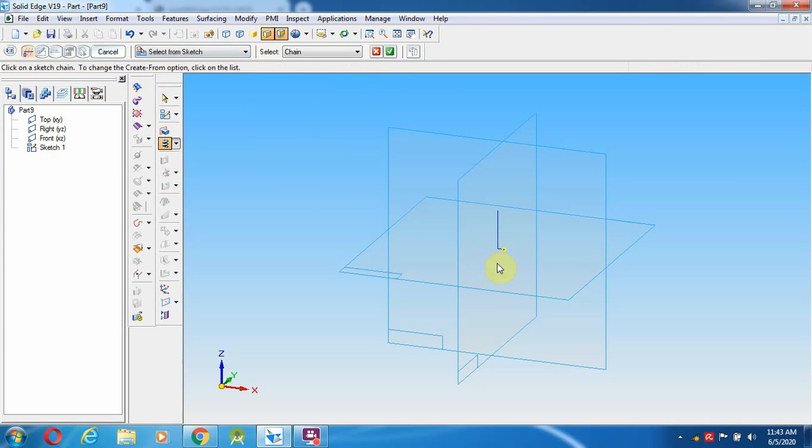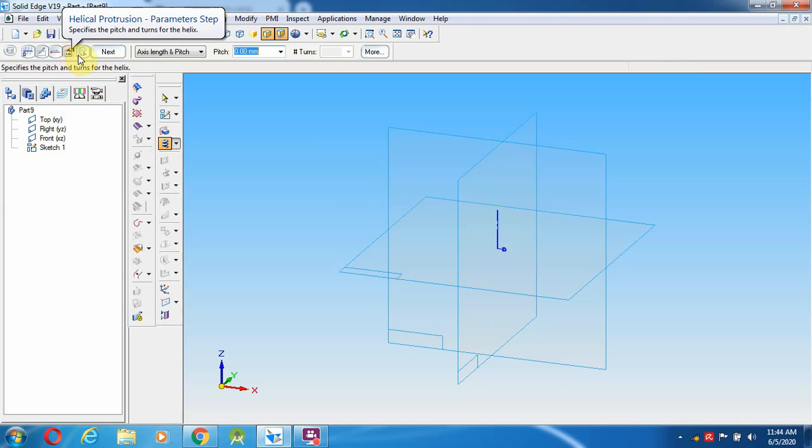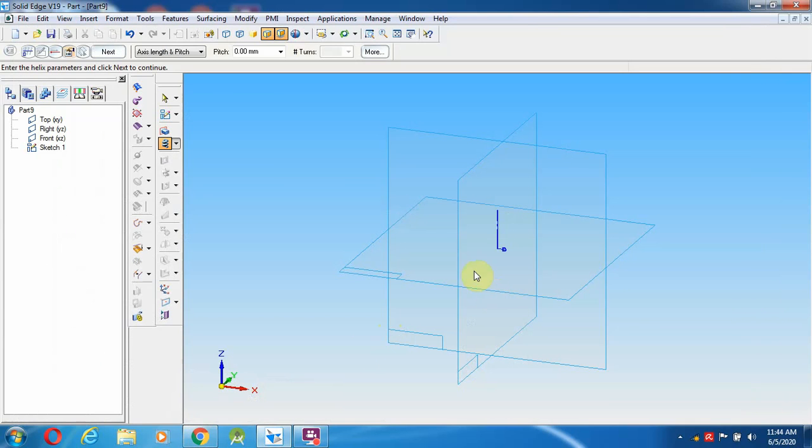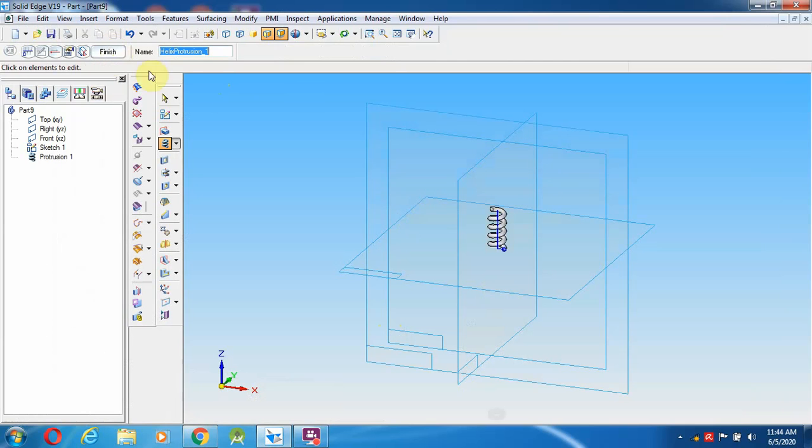So this particular profile, right click, and up to which height, this is the height, and starting from here, and what is the pitch, the pitch they given here is 4.5. So that 4.5 you can give over here, 4.5, enter and see the preview.